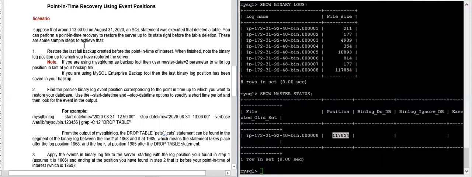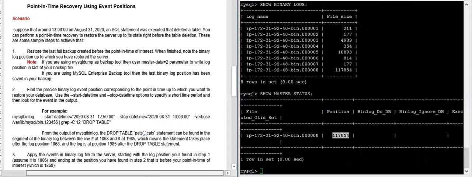You can perform a point in time recovery to restore the server up to right before the table deletion. So how can you recover that table which was deleted, and if some commands have run after deleting that table, you can also recover those tables or those records. So we'll discuss it.